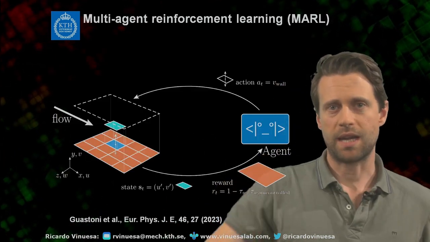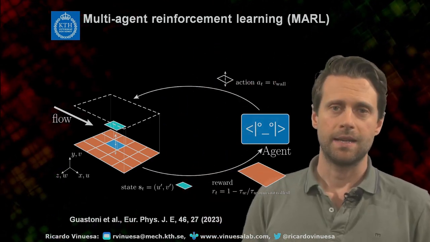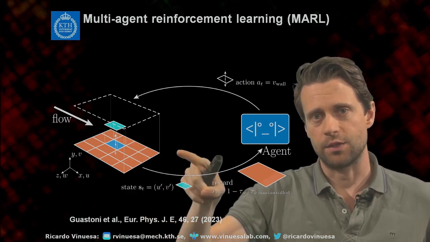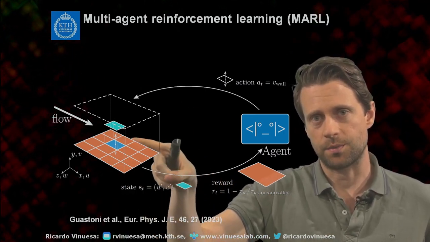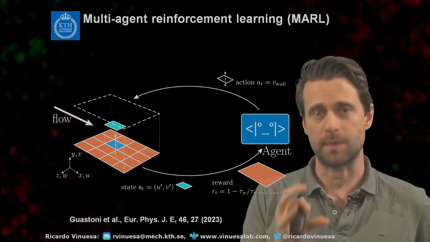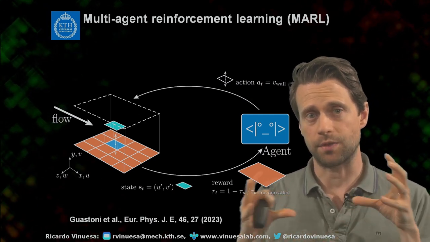This is the setup that we have. We are using what is called multi-agent reinforcement learning, or MARL. Essentially, we're going to divide our domain, which you have here, in those blocks that you can observe in this setup. Those blocks are going to be called pseudo environments, which means that each of those pseudo environments is going to be